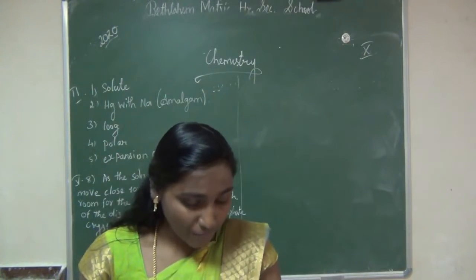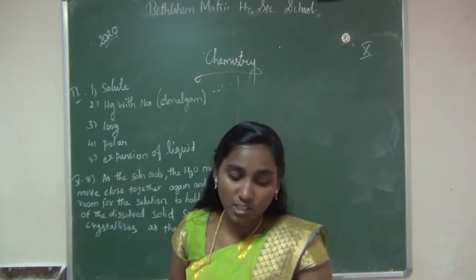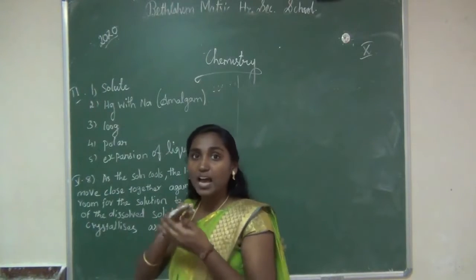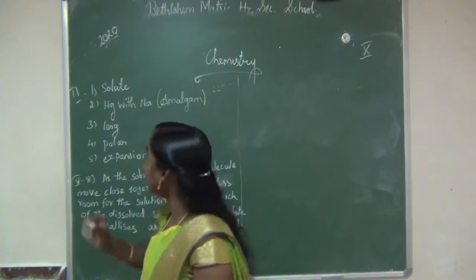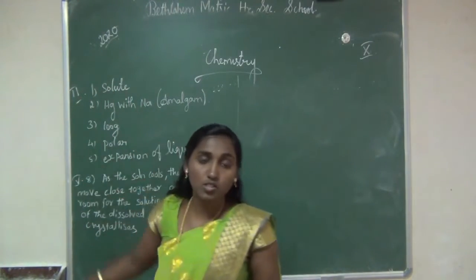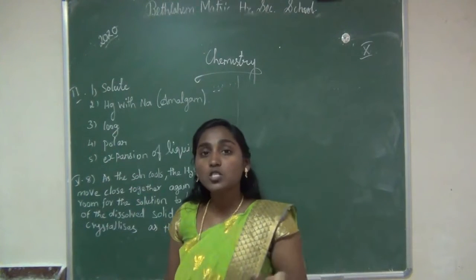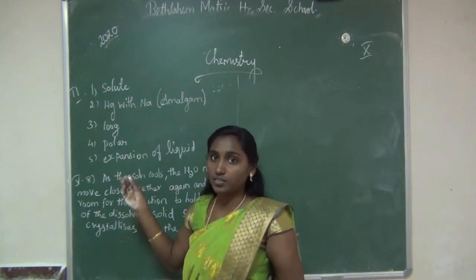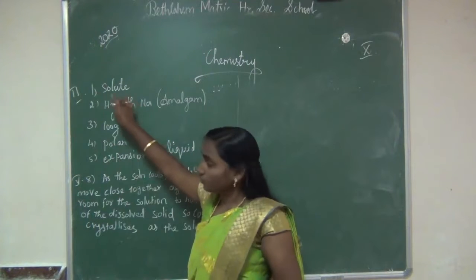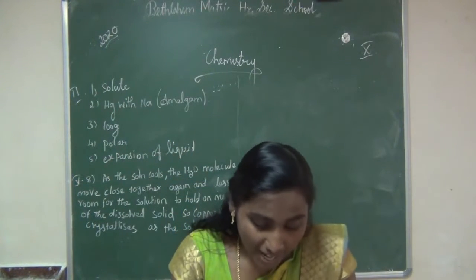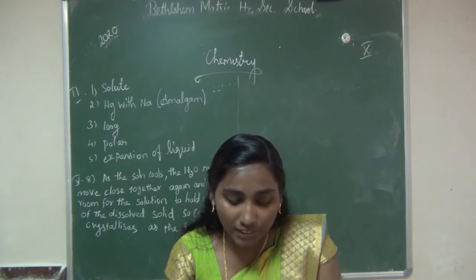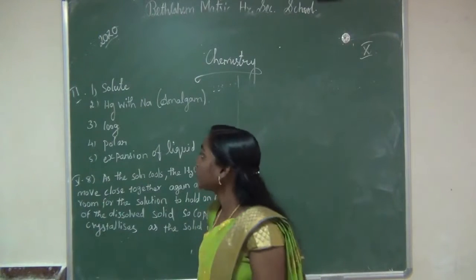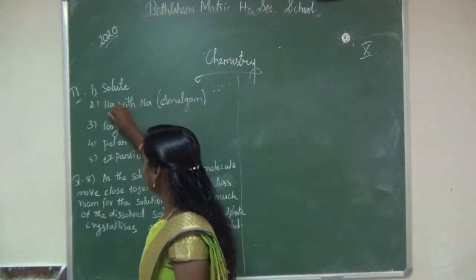The component present in lesser amount in a solution is called what? Solute. Note it. The component present in more amount in a solution is called solvent. Then second question. Example for liquid in solid type solution is